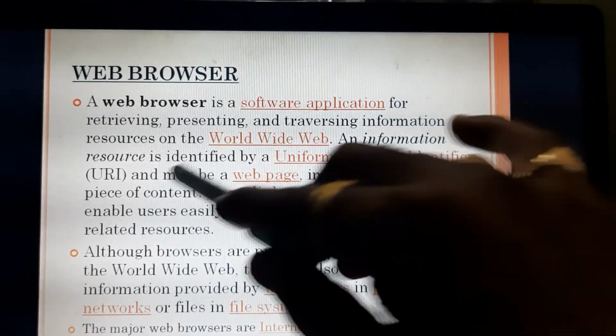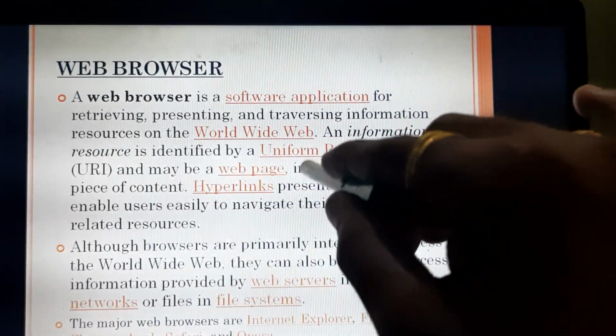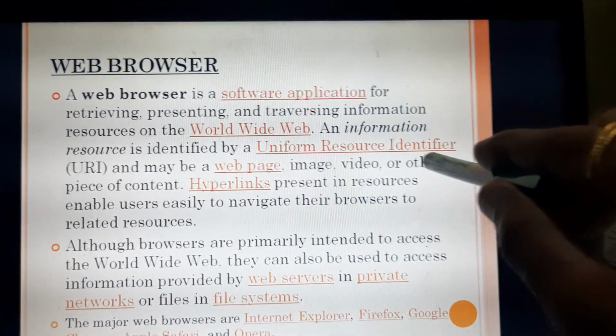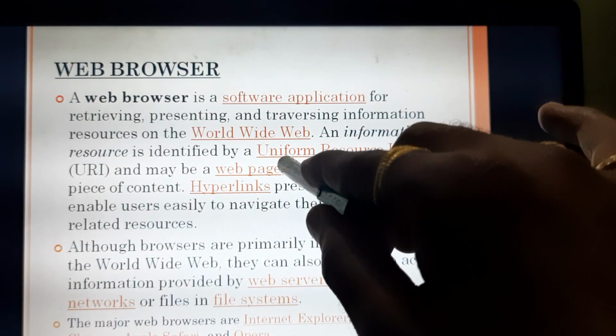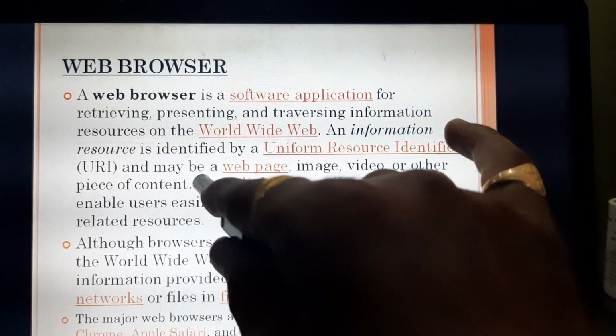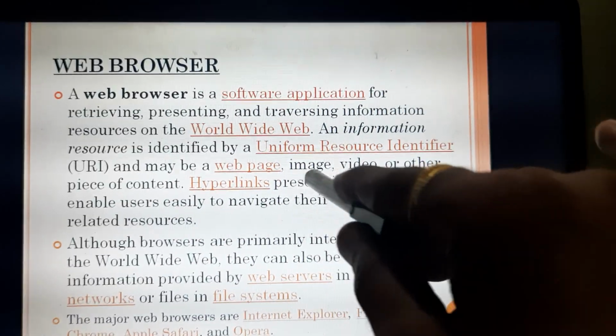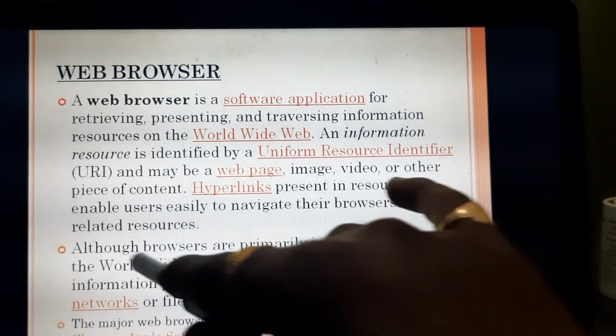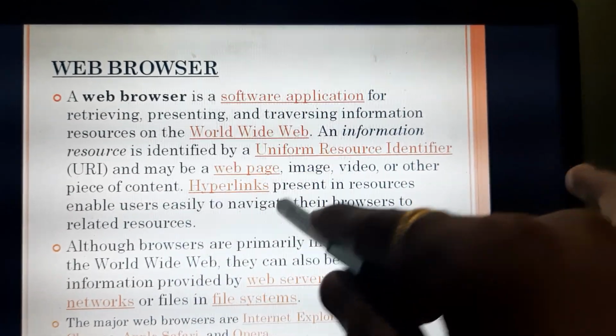An information resource is identified by a URI, that is Uniform Resource Identifier, and may be a web page, image, video, or other piece of content.